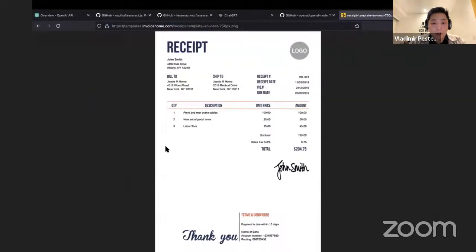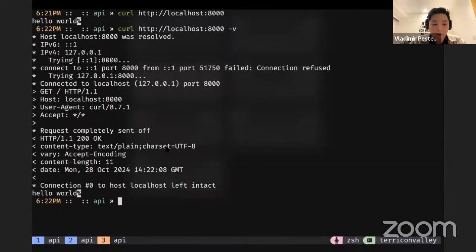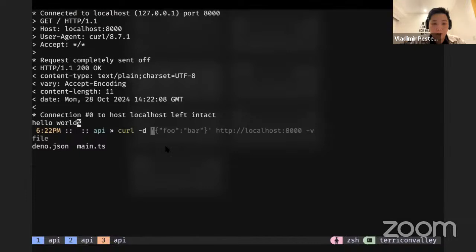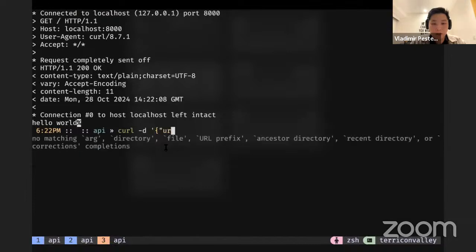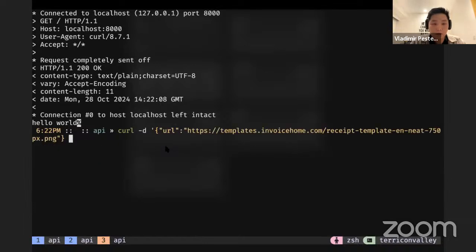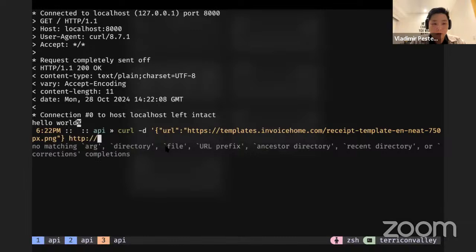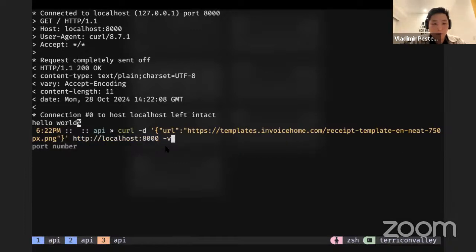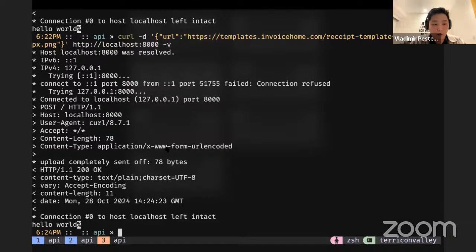Okay. So I will send this URL as a request body. Like this. Okay, but it